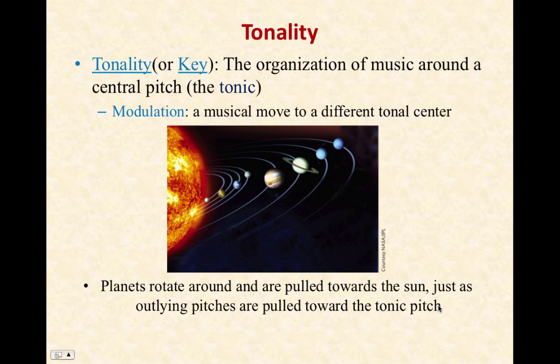Now moving on to the third group of terms for this chapter. Tonality, which is sometimes called the key. The organization of music around a central pitch. A home bass pitch in any key, like C major or G major, is going to be the name of that key. If you have some traditional pop songs that you listen to, it often has a verse, which changes words, and then there's a chorus that might repeat intermittently throughout. So that is the shape or form of a basic pop song. Let's take a look at Ode to Joy. And we can describe that theme as A, B, A, B, which means it has two sections. The home bass pitch is C, and it feels like a restful place or chord to land on. We call this the tonic. Modulation is when we have a musical move to a different tonal center.